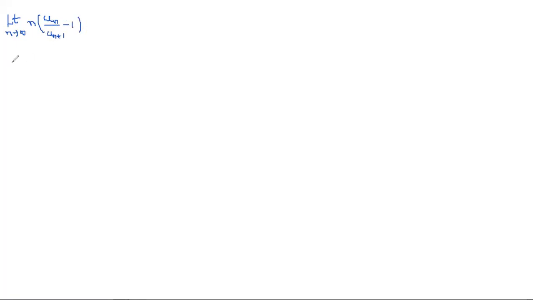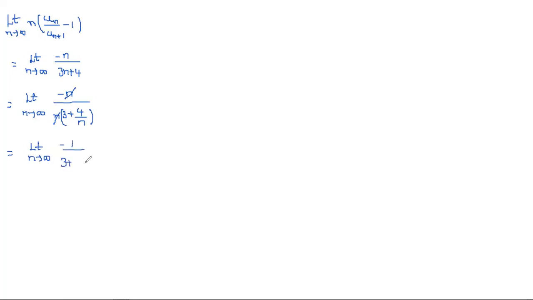So this is equal to limit n tends to infinity of what we got there: minus n by 3n plus 4. But we should not substitute directly in place of n as infinity. Why? Because we may get infinity by infinity. So for that, we need to simplify this or make it a definite one. For that, take n as common: minus n by n times (3 plus 4 by n). So here n and n both will cancel. So simply we write limit n tends to infinity of the remaining: minus 1 by 3 plus 4 by n.